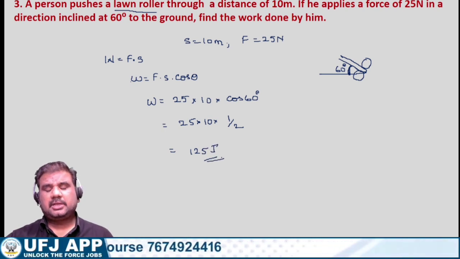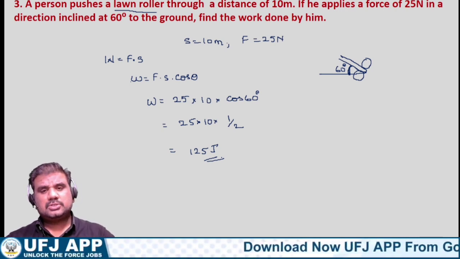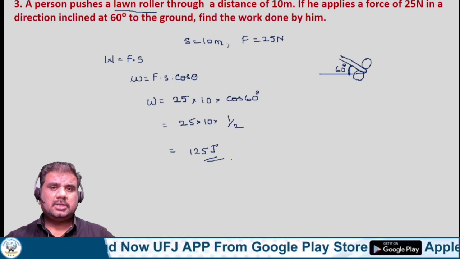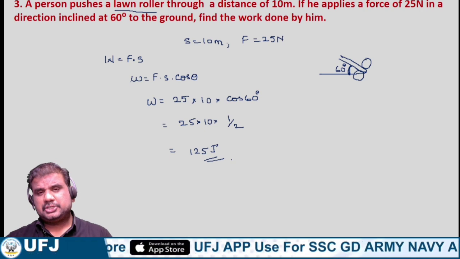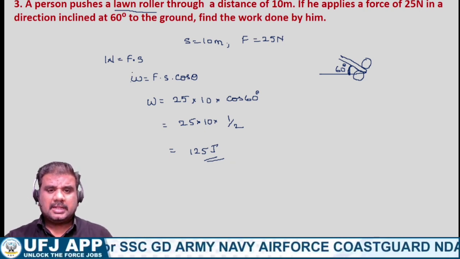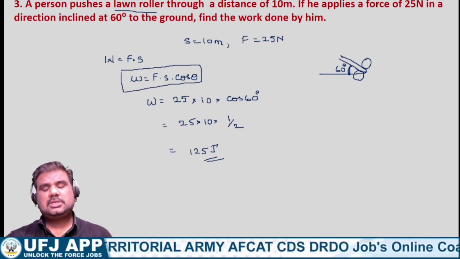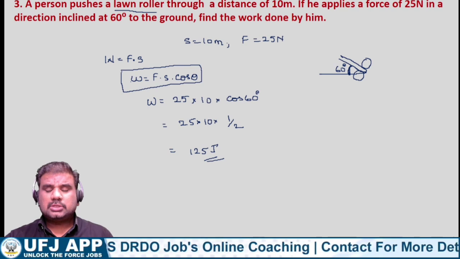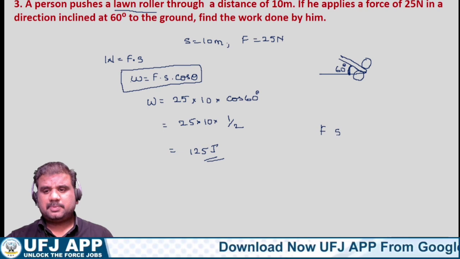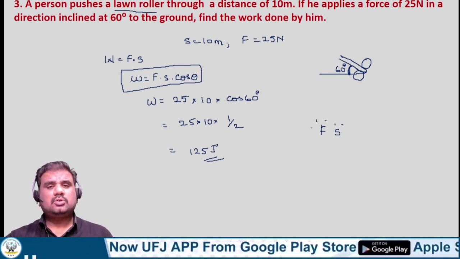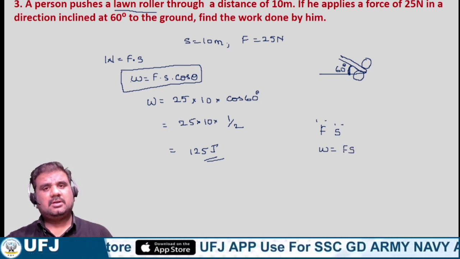So here in this particular case, the work done is equal to 125 joules. Right? Always remember here, whenever the value of theta is mentioned, in that particular case, we need to always take W equal to Fs cos theta. At the same time, if theta value is not mentioned, and force and displacement both are given, and he is asking you to calculate simply the work done, then in that particular case work equal to Fs.